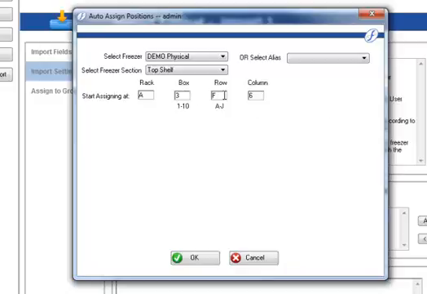Remember, box 3 is empty, and we'll start at A1. So we are going to create those aliquots and then assign them in the order that they appear on the spreadsheet, beginning at rack A, box 3A1 for our top shelf in demo physical. Press OK now,